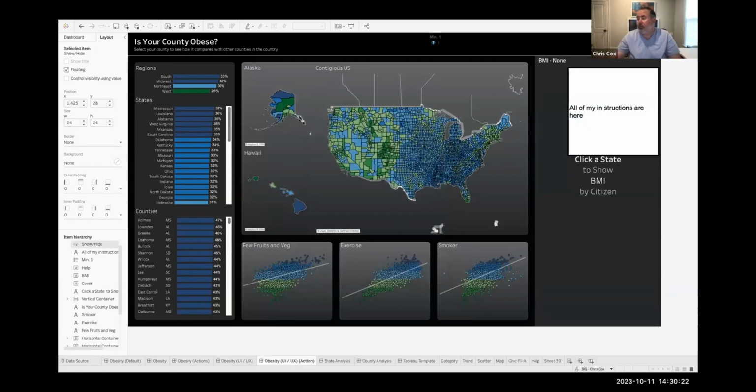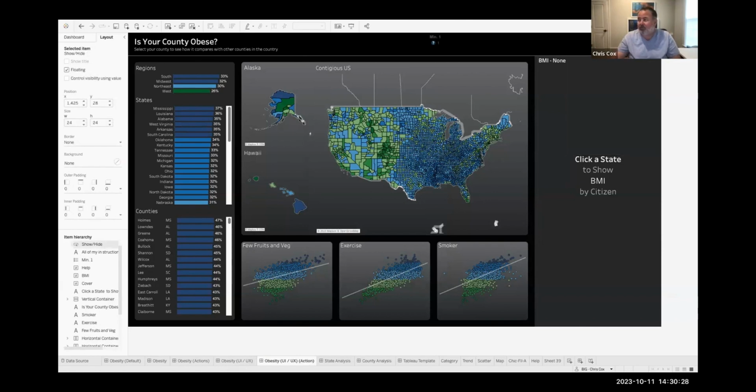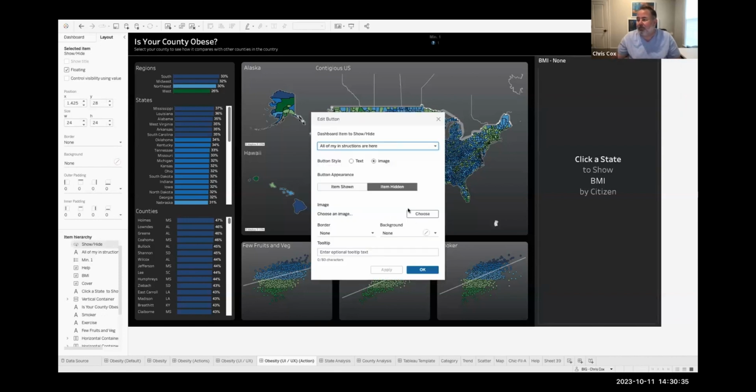So now when you click the cookie, you're going to get that. I didn't do the other side of it, but still. So this way it would be more of a click, right? You would click the cookie. I guess I didn't do both sides. Let me do both sides. Let's make it good. So that was item hidden, item shown. So I got to choose an image for both sides.